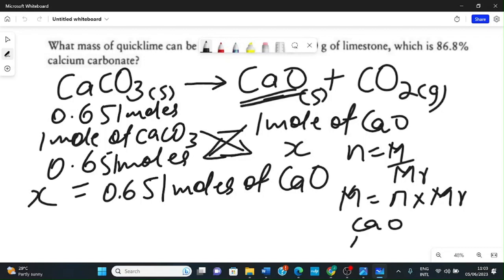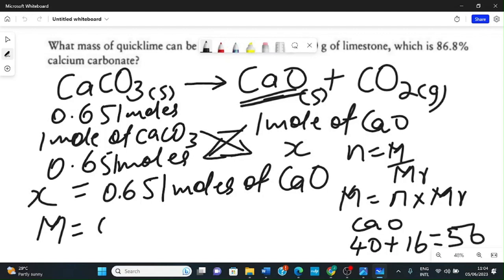Calcium oxide. Calcium is 40. Oxygen is 16. So 40 plus 16 is equal to 56. Therefore, the mass will be equal to 0.651, which is the number of moles, times 56, which is the molar mass. So if I'm to use my calculator, it will be 0.651 times 56, which is equal to